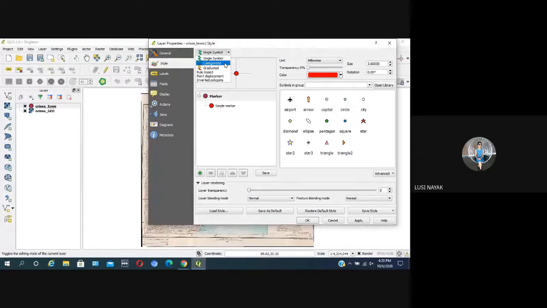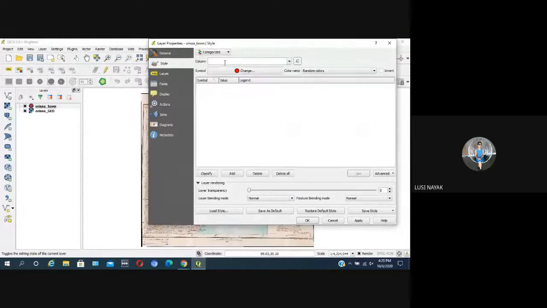Click on the down arrow and select categorized. Then select your column from the drop down, then class. Based on the class column, we will map it. It is a thematic mapping based on the class column.